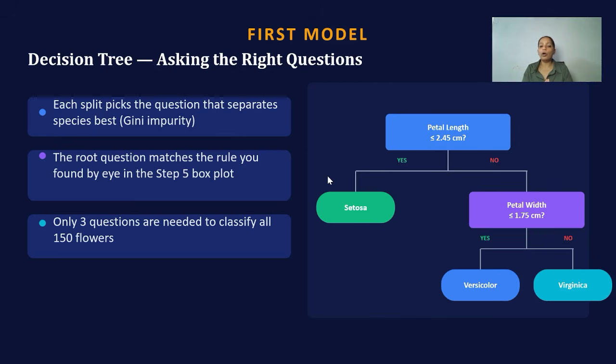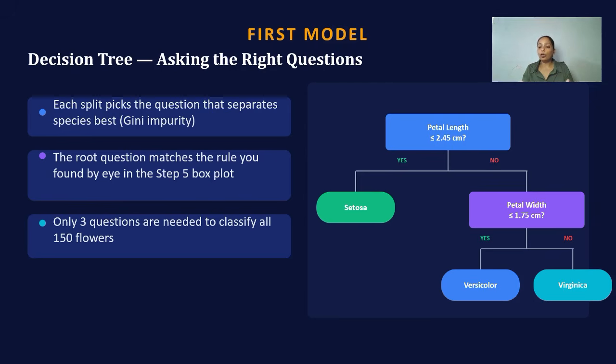There's the name for how it measures purity. It's called Gini impurity. But you don't need the formula today. You only need the idea. The tree always asks the question that separates the species best. In the background, it works by itself, using the Gini impurity to split the data in the best possible way. That is exactly why petal length and petal width, the two features you already identified in the pair plot and the heat map, are about to become the most important questions in our tree.